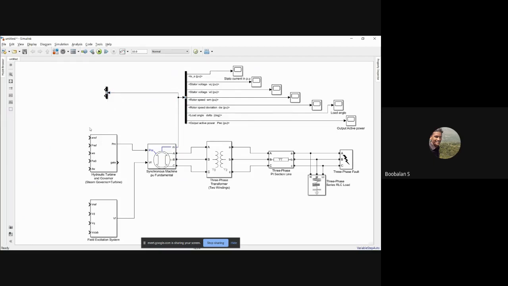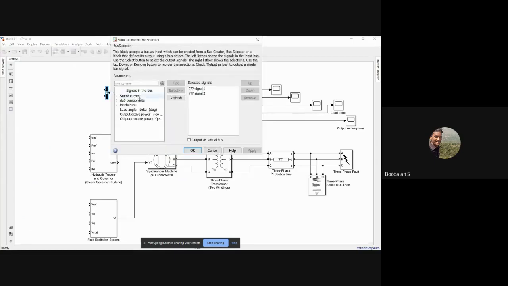Now I need some data. We need a reference input, right? The reference speed we needed, and sorry, the actual speed and speed deviation and output power. These are the three data needed. Just double click on it. What are the things we needed? Output active power we need. So just remove this default selection. Output active power we need, and we need the mechanical rotor speed, and the rotor speed deviation we needed. So these are the three important things we needed. Just click apply and OK.